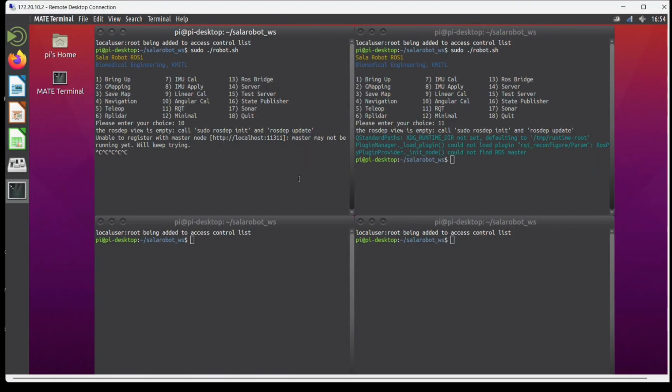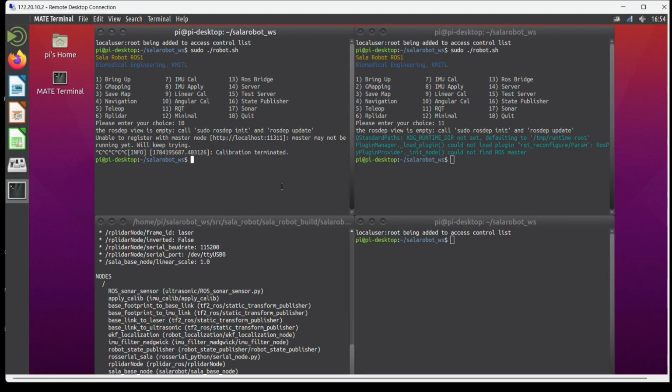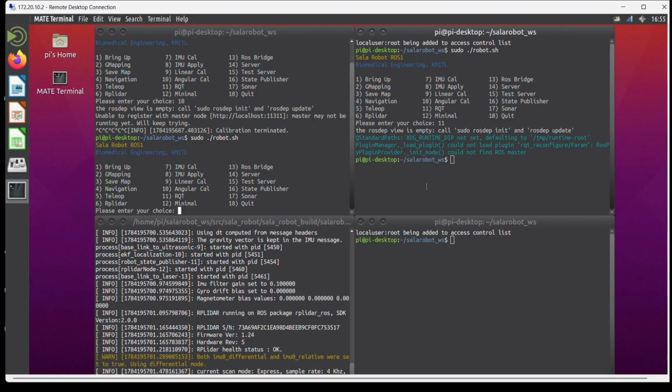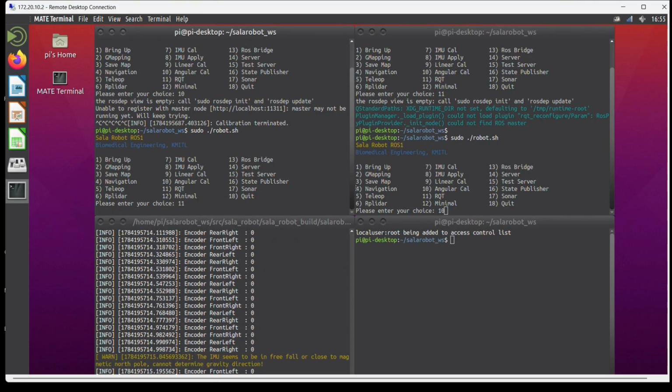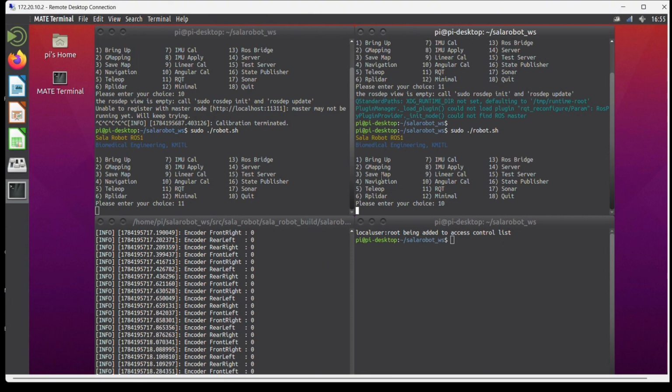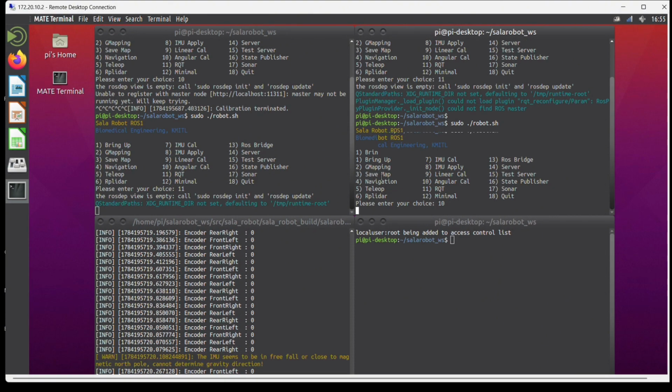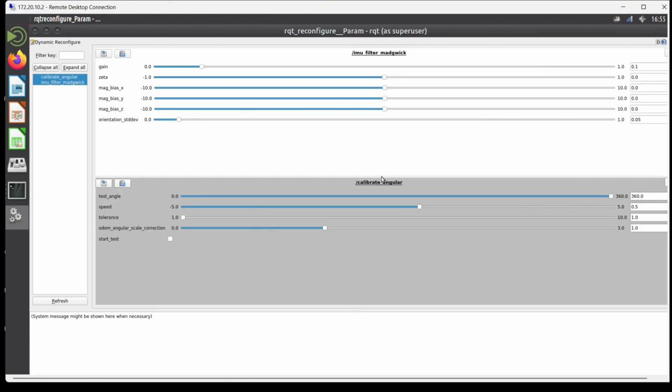Okay, so now we're going to do measurement after we finish the map. We have to do calibration of the robot, how far it has to go. Is it already correct for 1 meter? Does it already do 360 correctly or not? So we will have to do bring up first to be able to see the encoder and the MPU, and then we have to do sudo robot, and then open the menu, and then we have to choose RQT and linear or